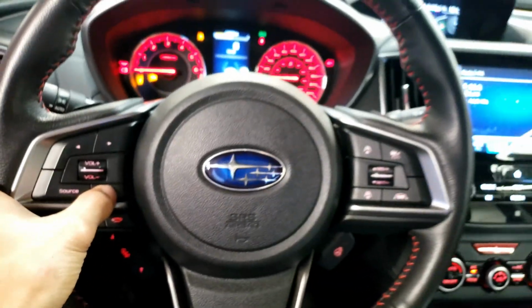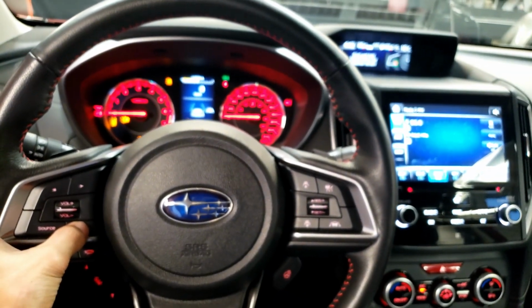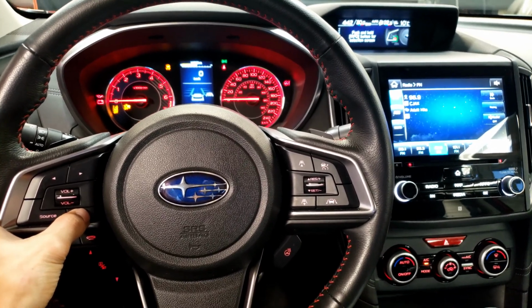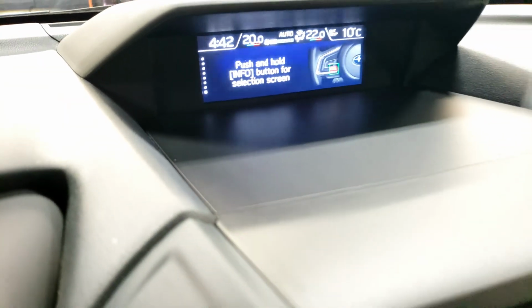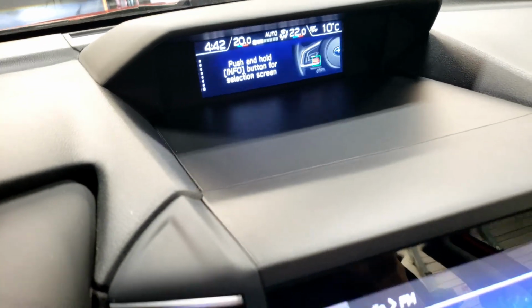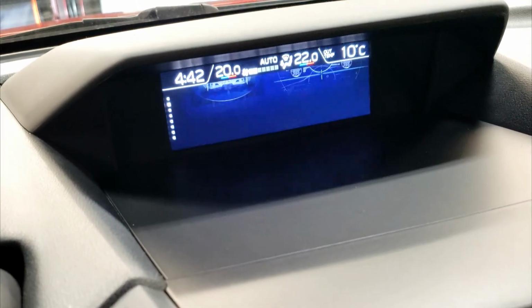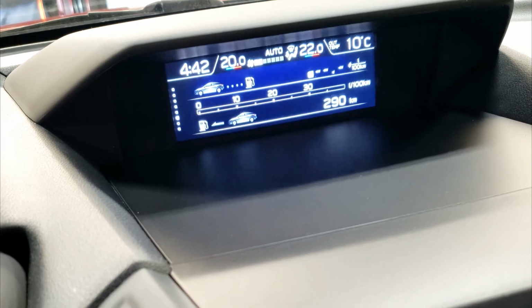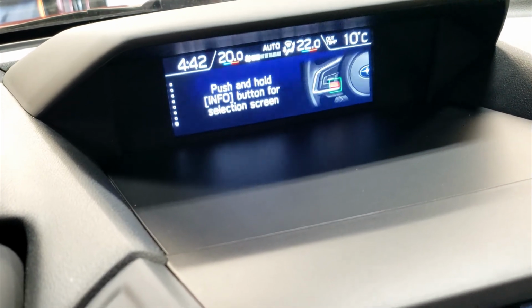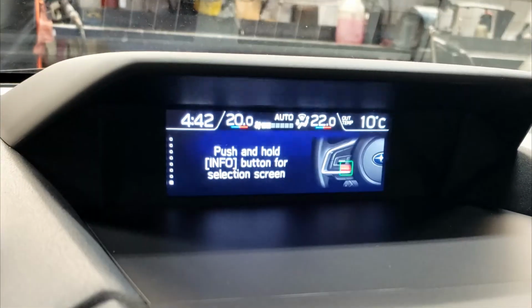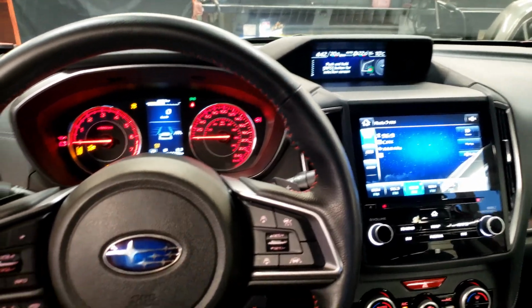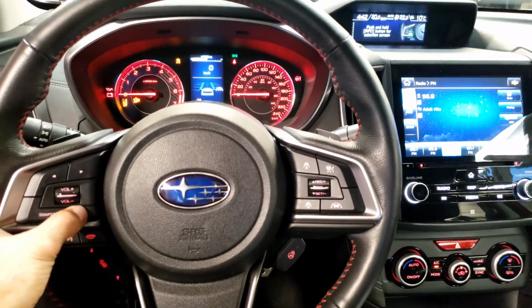Alright, so I'm going to hold that and watch what's going to happen to that screen right there. So you actually want to go onto the screen first before you hold it. You don't want to go anywhere else. You don't want to go here, you don't want to go there. You want to be in that screen. Okay, alright guys, so you want to be in that screen and you want to hold this